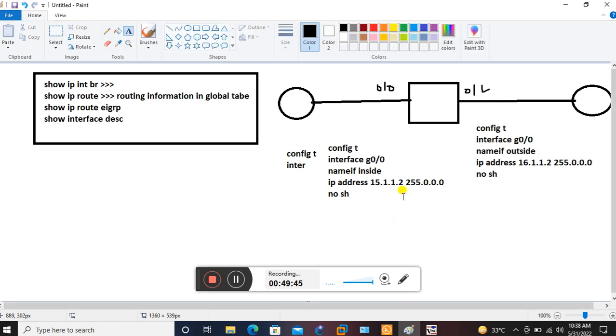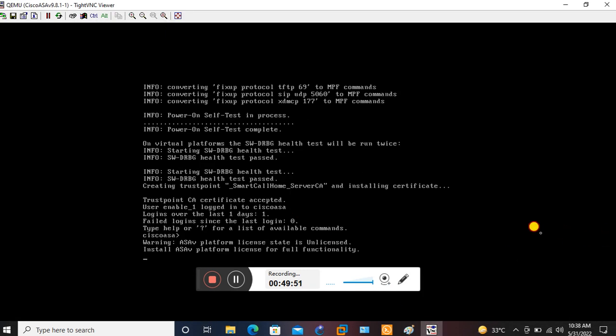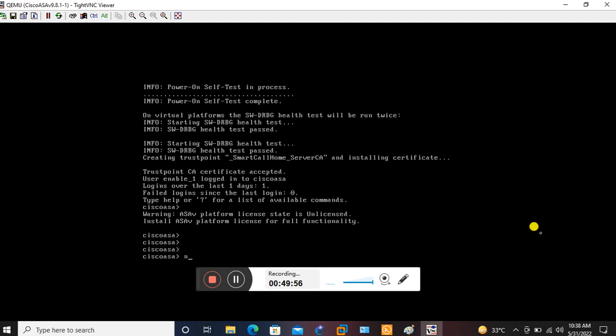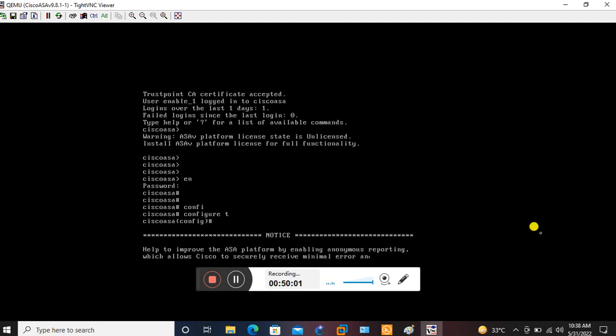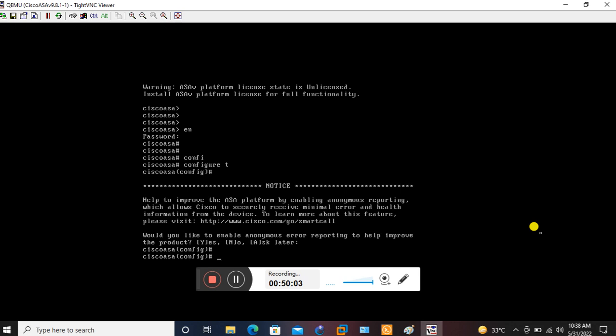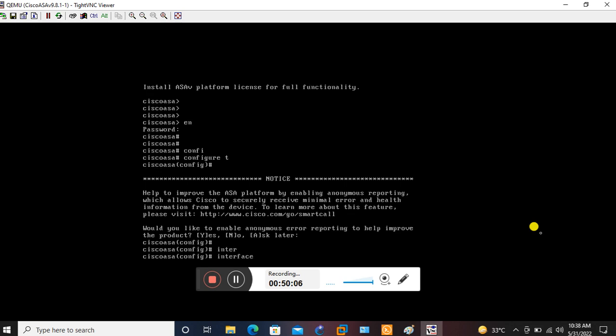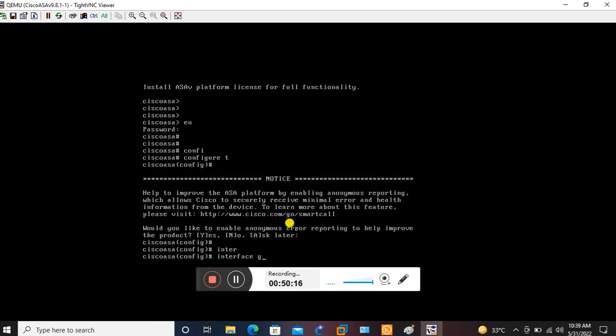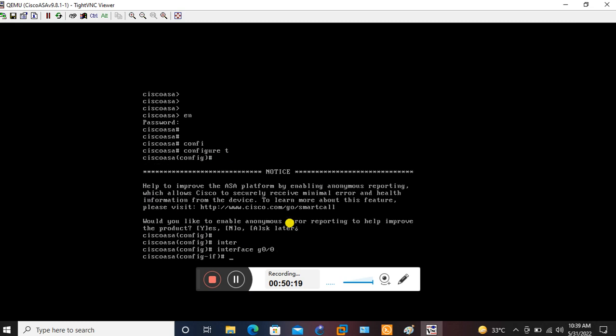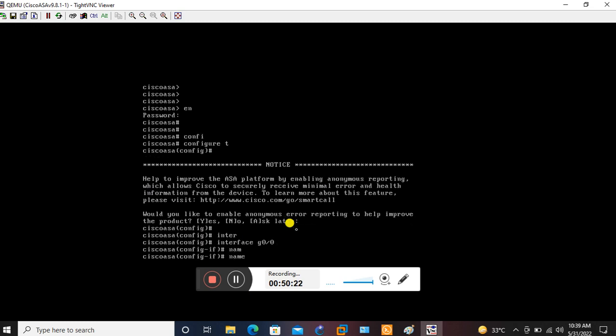The command to define the IP address on ASA. कितना चलेगा? Enable, configure terminal. Okay, interface, क्या इंटरफेस इसका? G0/0 इंटरफेस, G0/0, nameif